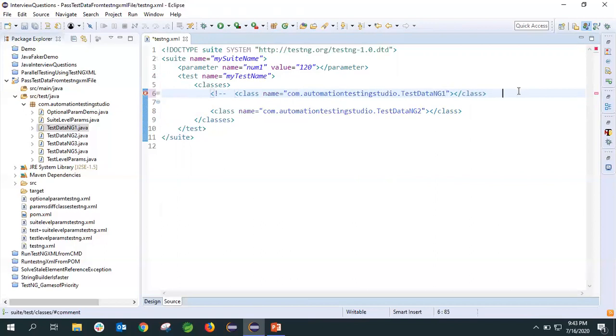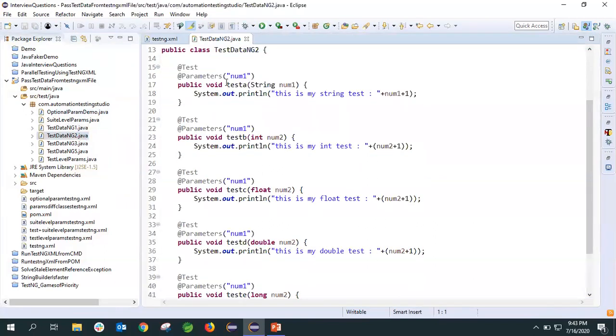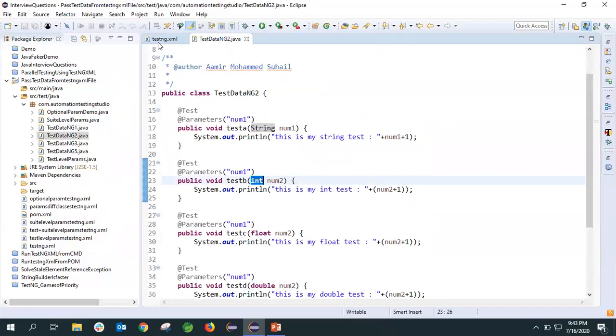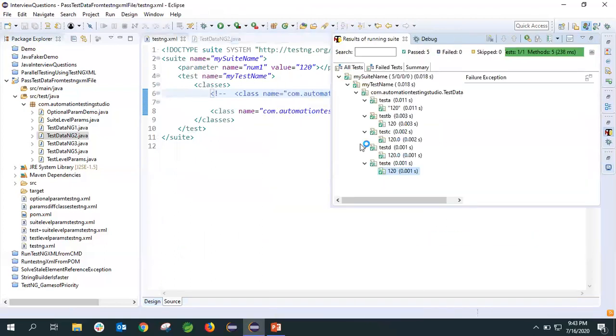I have added separate test cases in this class where for each one I have taken different data types to make you understand how it works. I'll execute this, and after that we'll see how it worked.